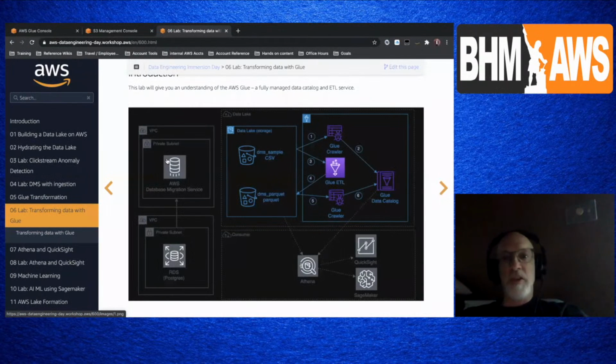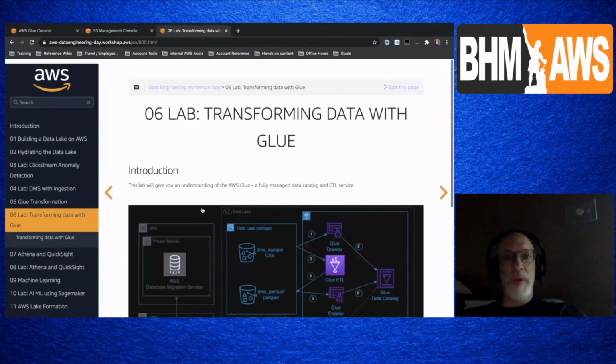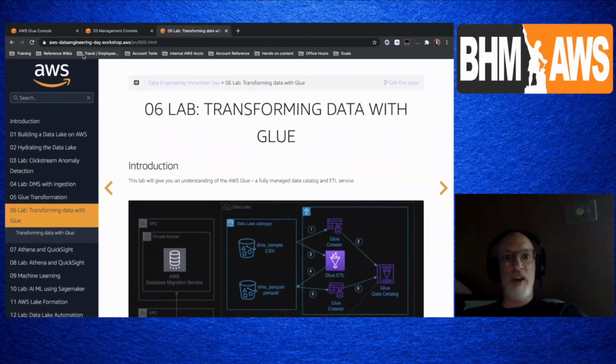So if this is something that you're interested in taking a deeper dive into, to look at some real world examples and walk through, all that data is out there for you. The only reason I bring that up is sometimes I find in demonstrations, I get excited about it, and then I forget what was going on. So I just wanted to point out that AWS data engineering day